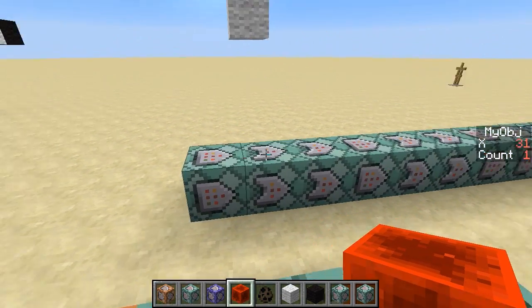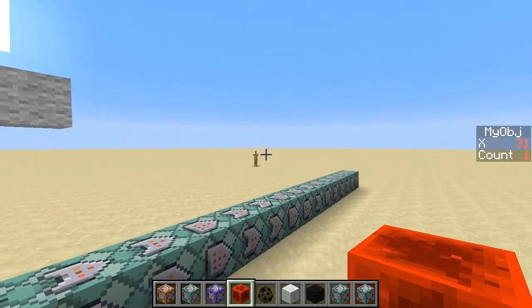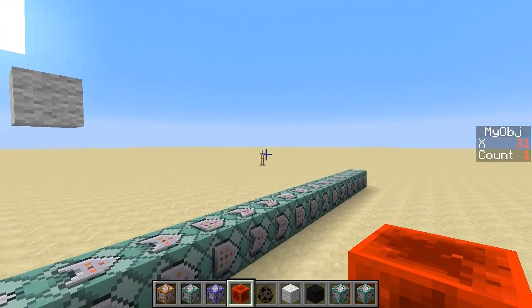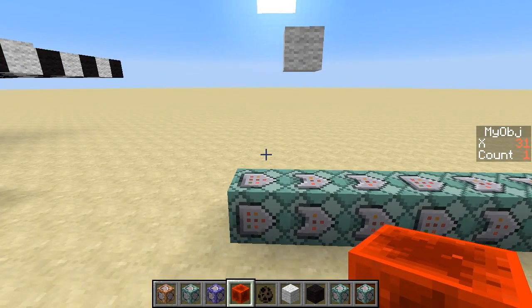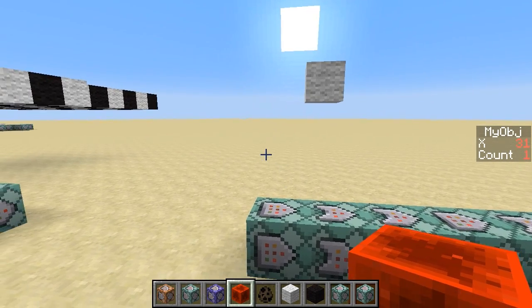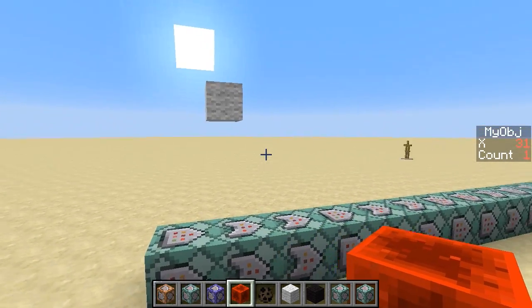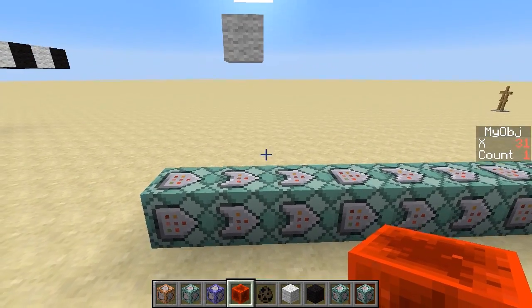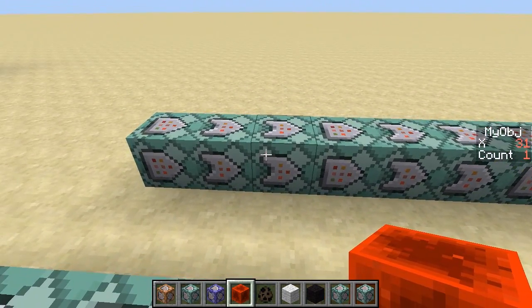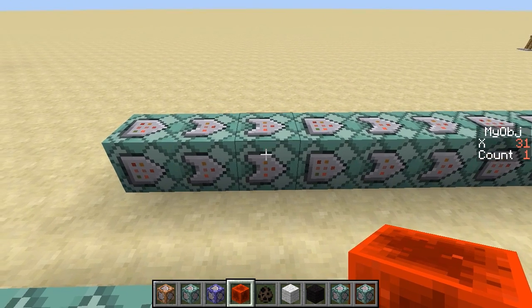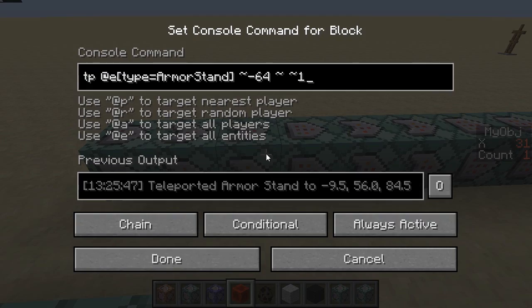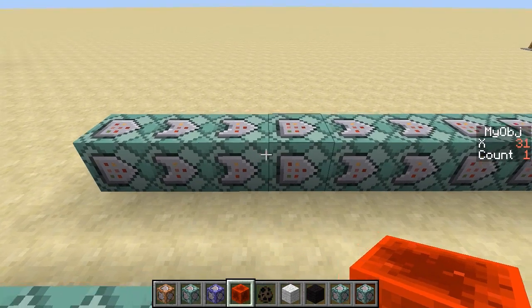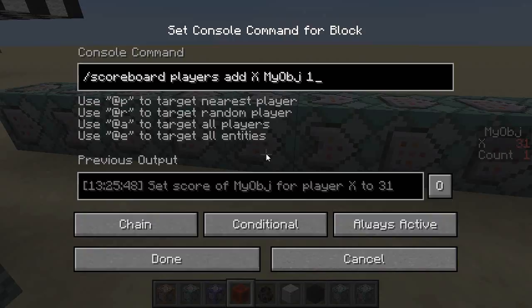So before we even look inside any command blocks, I do see that the armor stand was also moving and has moved a bit. And so my expectation is that somewhere it was trying to teleport all entities rather than just teleport just the armor stand. So let's pay careful attention to our TP at E that teleported the person one over in the X direction. And so here's where we tried to teleport the armor stand back over a row, and that never happened to us. But over here,